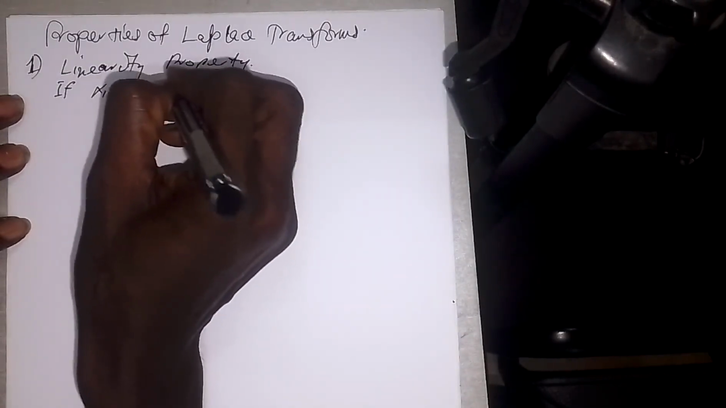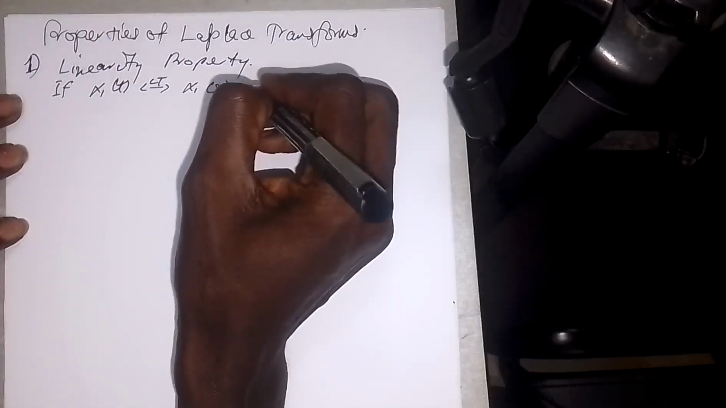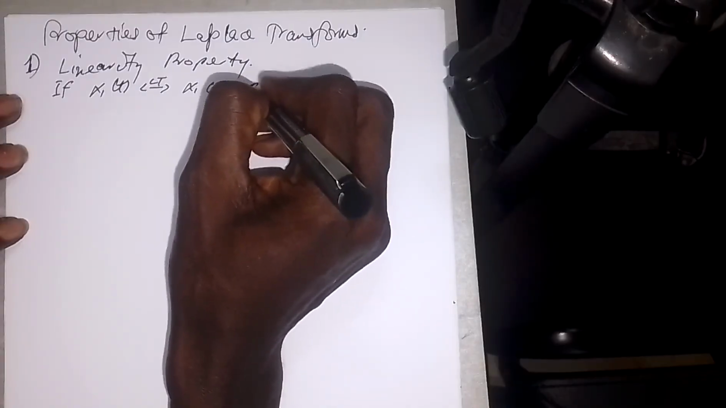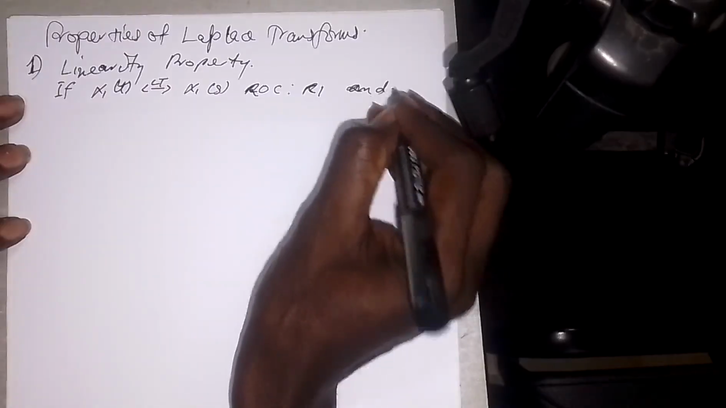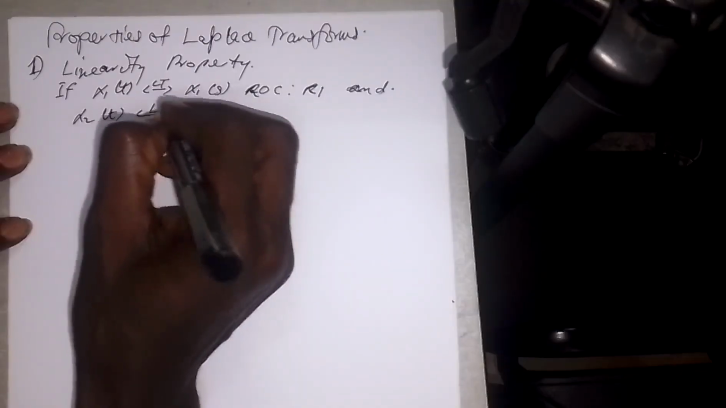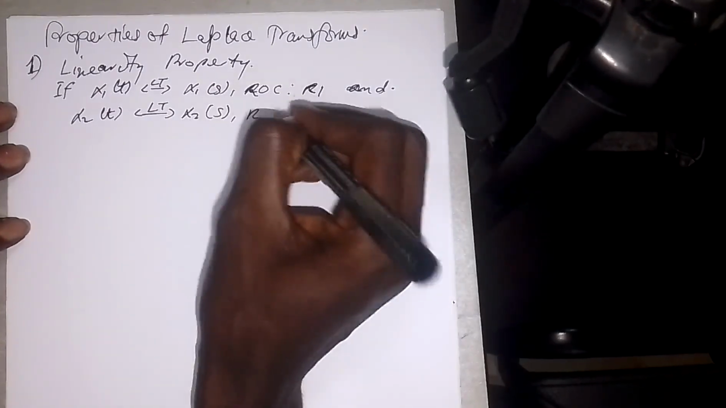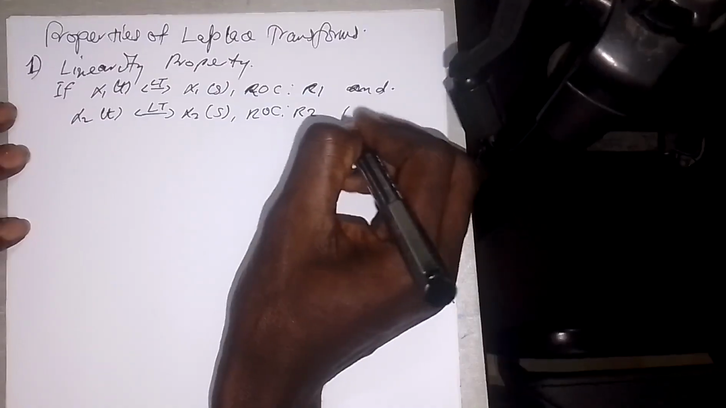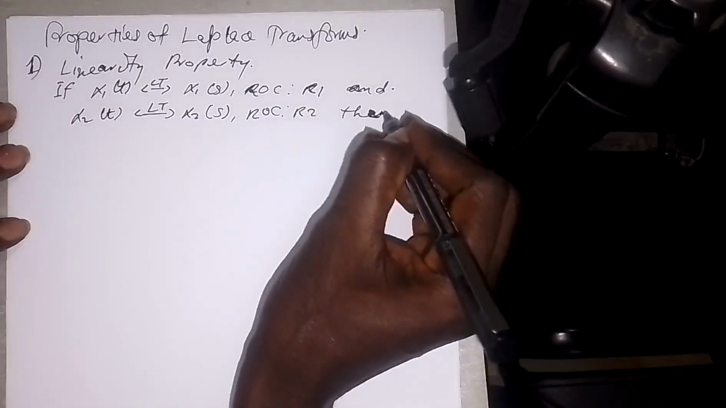So here, if x1 of t has a Laplace transform of X1 of s, and the ROC, region of convergence, is, let's say, R1, and x2 of t has a Laplace transform of X2 of s, and the ROC here is, let's say, R2, then what we should have is that